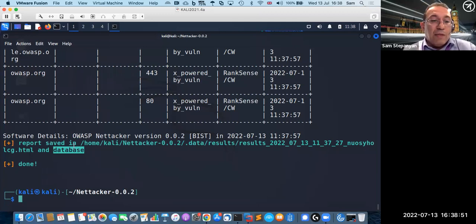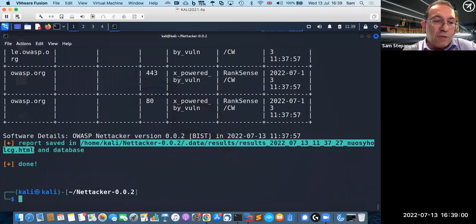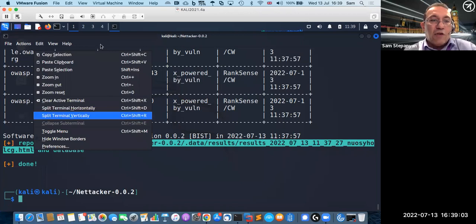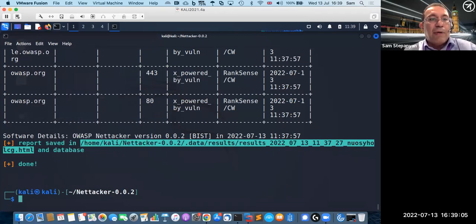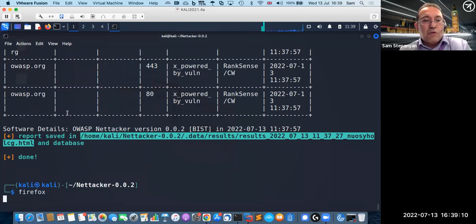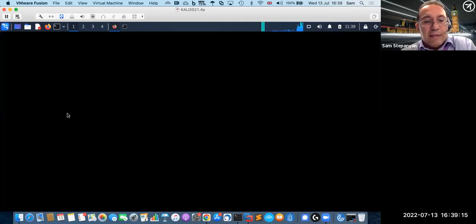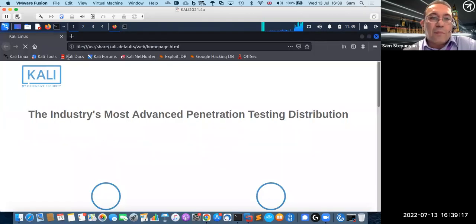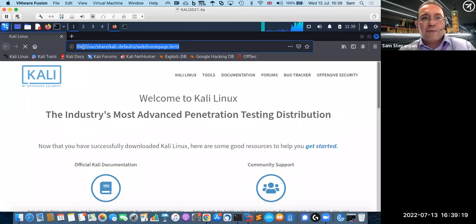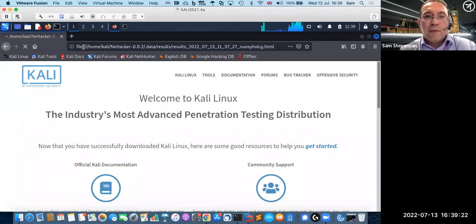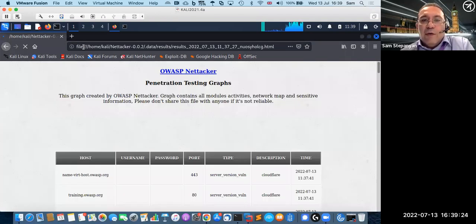So that is very important that it's in a database, but I want to show you the report. So look, it says report saved in this HTML file because it's HTML file, which means I can actually open it in a web browser. So we do have Firefox here on my Kali Linux. I can just launch it. And let's see if I can open this HTML file and see what is inside. Okay, let me go and open this file. Okay, and there you go. It's now loading